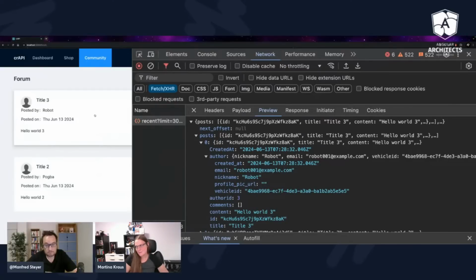This is called broken object property level authorization. Maybe you've heard of it: there's not only the OWASP Top 10, there's also the OWASP API Security Top 10. I think you told me in Berlin or somewhere around.